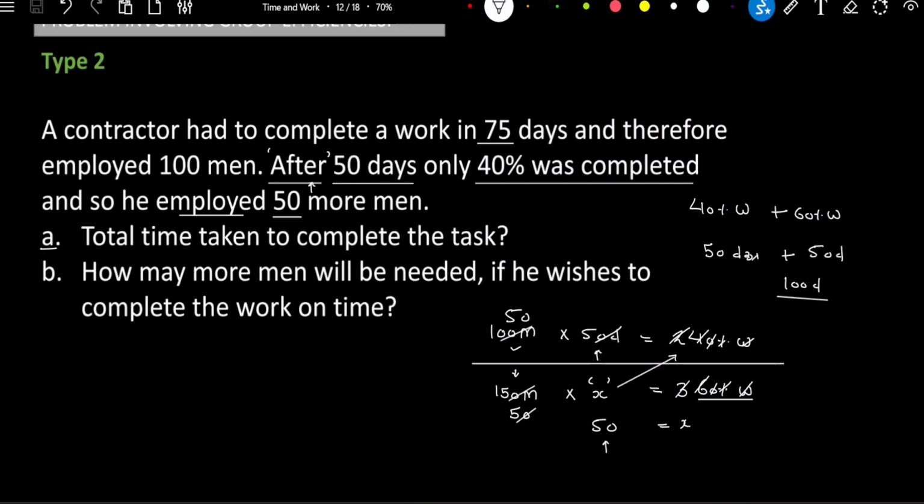Now, there is another important question which can be framed on the same data set, but then there are some changes which we have to make. To answer this problem, please read the problem first. Second subpart: how many more men will be needed if the contractor wishes to complete the work on time? Maybe due to some penalty, the contractor decided, let's complete the work on time, otherwise he has to